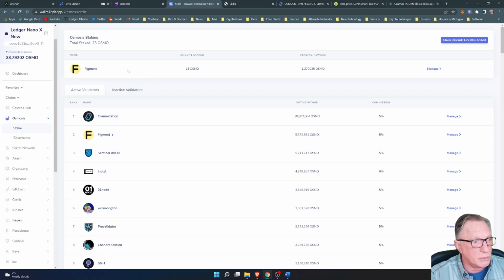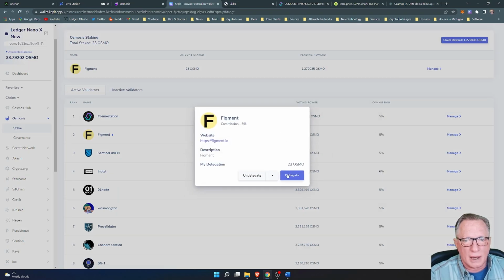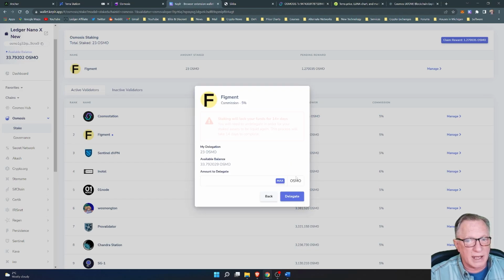That's like the not-all-the-eggs-in-one-basket theory. Or if you find a good one and you're comfortable with it, you can add more into your existing stake, right? So if I hit manage here, I can delegate some more, right? I've already got 23 delegated, but I do have an available balance up here. So I can hit delegate. Once again, this is a little different. This is 14 plus days. You've got to do your research on these, right? This is not for just a light-hearted thing. So I'll hit delegate here,